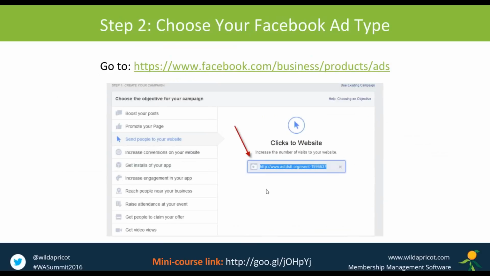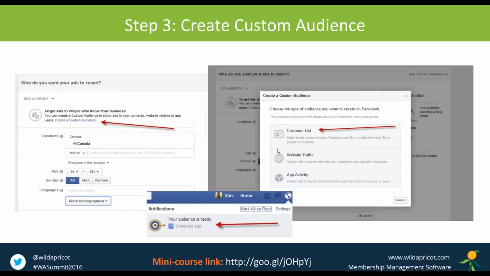Second, when you go on to Facebook to create an ad, it's linked here in the presentation, and Terry can actually share that in the chat as well. You can choose what type of ad you want to run. Facebook gives you many options. You can boost an existing post on your Facebook page. You can promote your page itself. You can send people to a website. You can get people to install an app if you have one, right? So we're going to choose send people to your website. There's an option here for raise attendance for your event, but that's usually a Facebook event, so that's not the applicable one for us. So we're going to send people to our website, plug in that information, and then